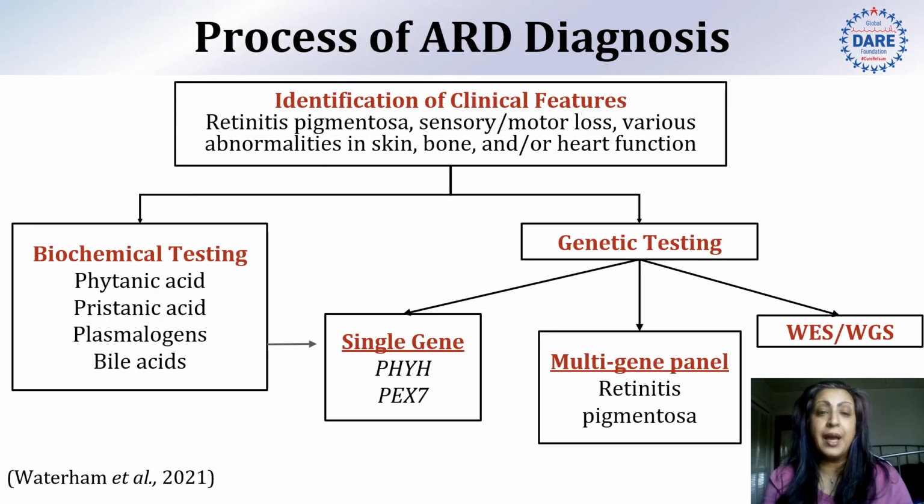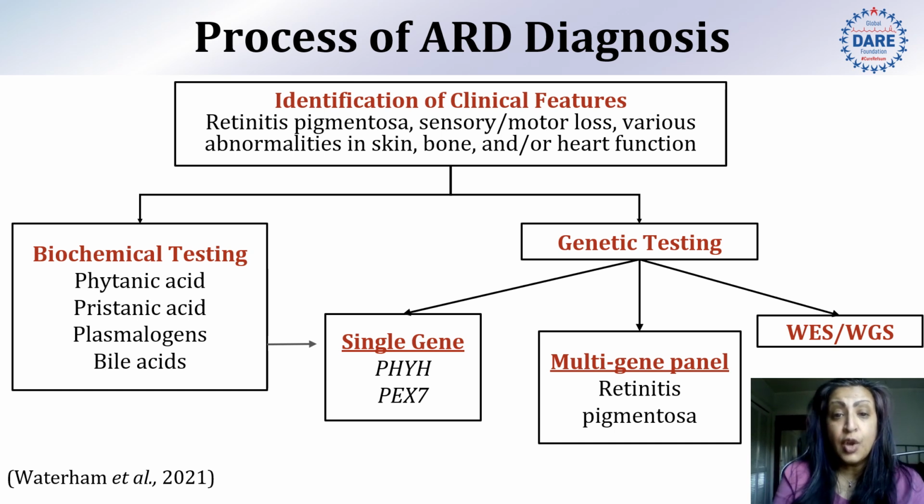So let's apply this diagnostic algorithm to the diagnosis of adult refsum disease. Just like that general algorithm showed, the diagnosis of adult refsum disease involves a combination of clinical observation, biochemical measurements, as well as genetic approaches. First, clinicians or medical professionals generally will identify key clinical features, which typically appear in between the ages of